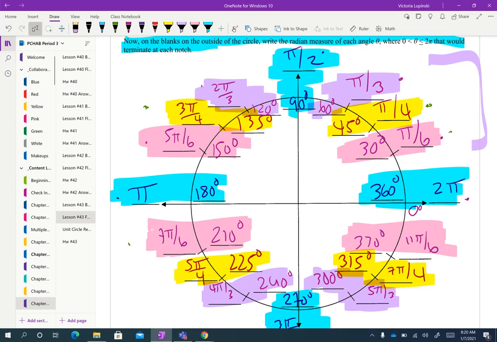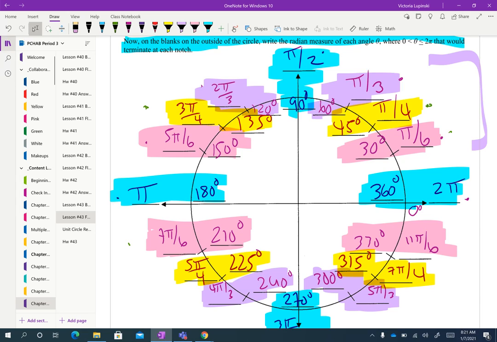Remember that to create the circle, we first went around and counted in 45s. That gave us the yellow and the blue. Then we went around and counted in 30s. That gave us the pink and the purple. That's how we did everything in degrees. Then we converted those 45 and 30 and went around and counted in pi over 4s, in pi over 6s,